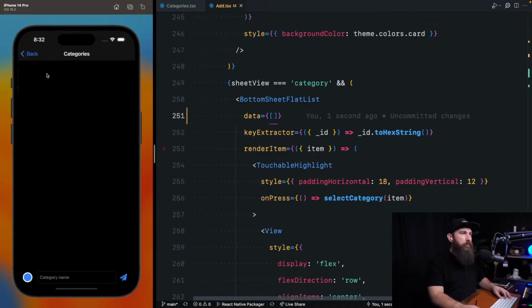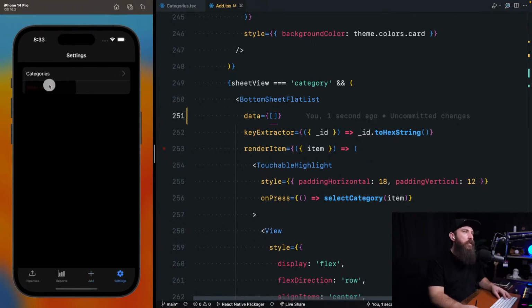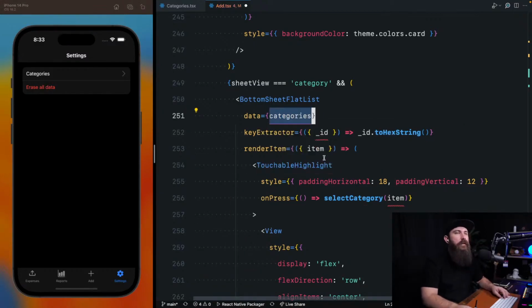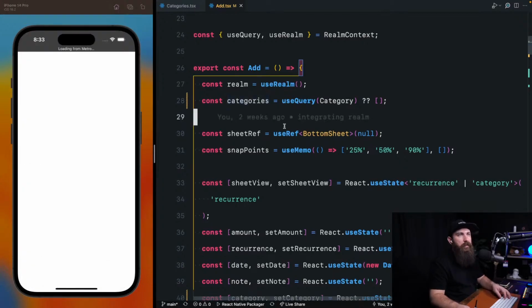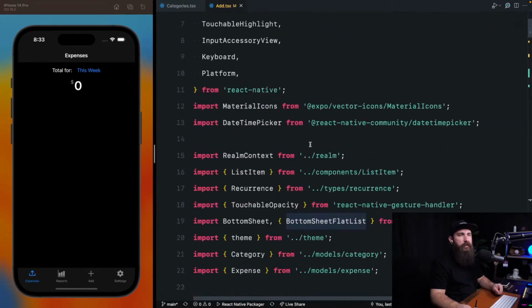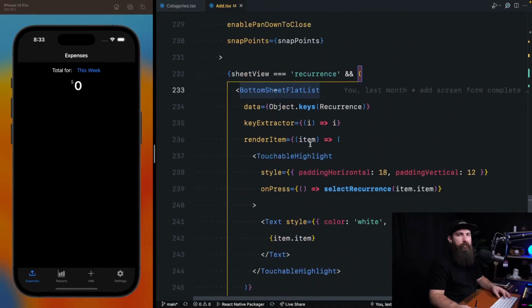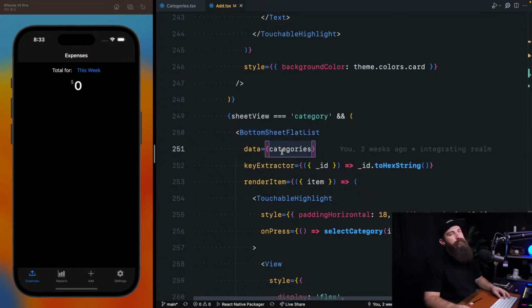Okay. Bills. Let's go back. Add screen. Of course, we got nothing right now, but I don't care. Erase all data. No way. Flat lists. Huh? Flat lists. So let me... Bottom sheet flat lists. See that? So the category is here. Yeah. Okay, so